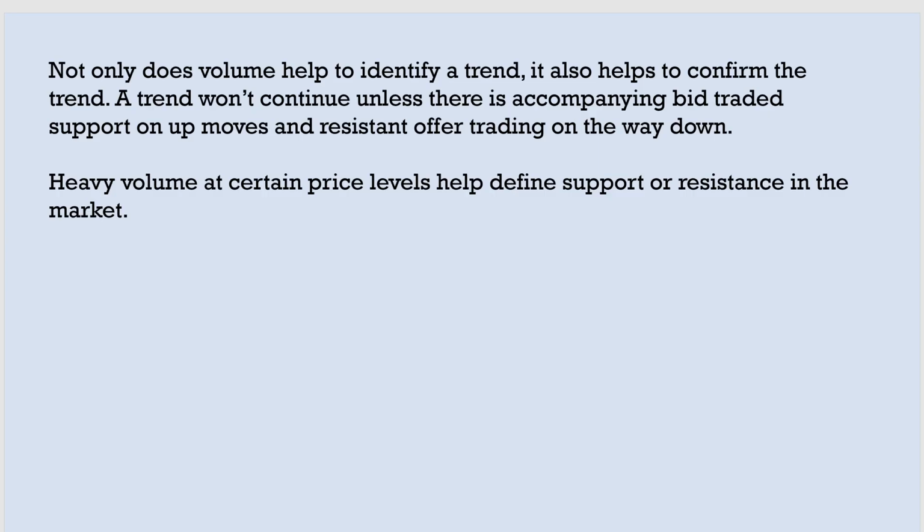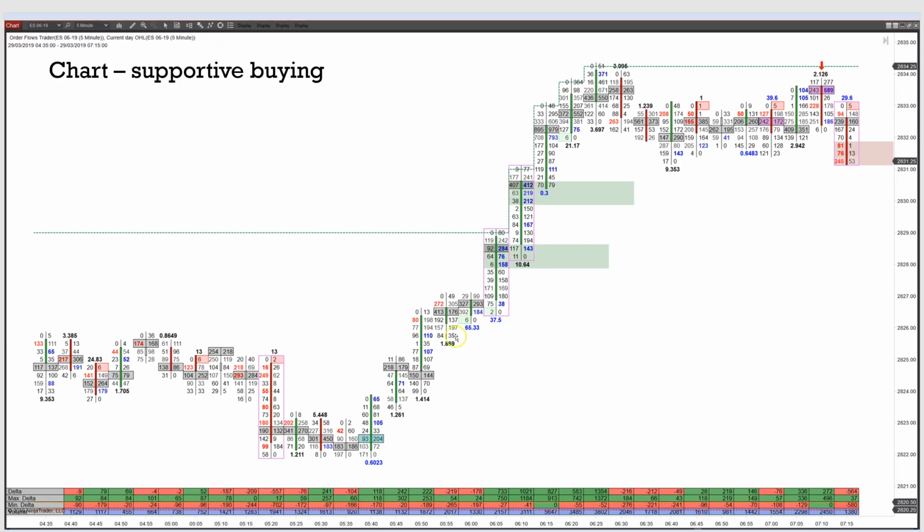So not only does volume help you identify a trend, it also helps to confirm the trend, right? And it's one thing to say, oh, there's a trend, but you need some confirmation, just as you have here. Yeah, I think we're trending. Well, I'm not sure. Okay, well, you look at the volume. What's happening? The volume's in the bar, the volume's below. Here you got a nice healthy move up. You got nice healthy volume, 1,800, 2,000, 2,000, 3,000 as you're going higher. So the volume's increasing as well.